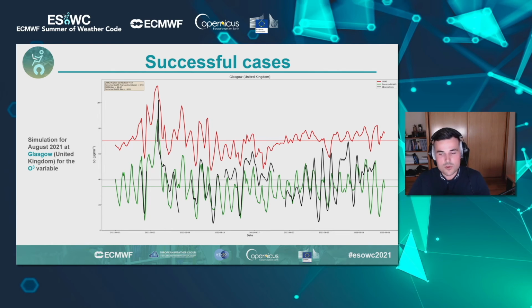With this operational workflow, we have run the simulation for the August 2021 month at Glasgow. We can check that the bias has been corrected and the skill of the model has been increased as well. So this is an example of what I would call a successful case, but there are also unsuccessful cases. If we go to the next slide,